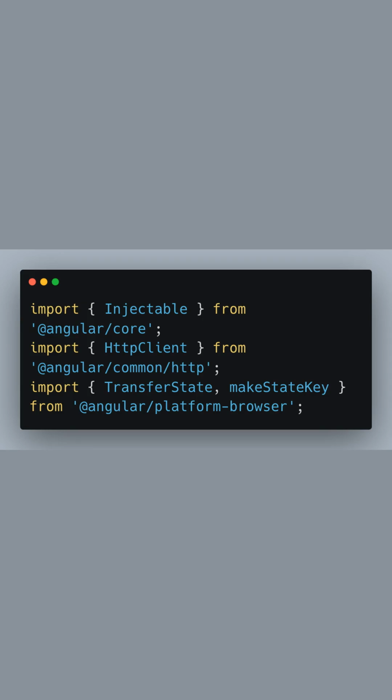First, let's look at the ApiService, which is fundamental for transferring server-side fetched data to the client. We begin by importing Injectable to make our service injectable into other parts of our Angular application. We also import HttpClient, as this service will perform HTTP requests. TransferState and makeStateKey are critical for holding the state of the data during the transfer from server